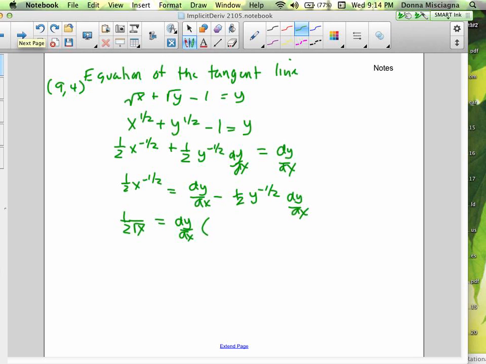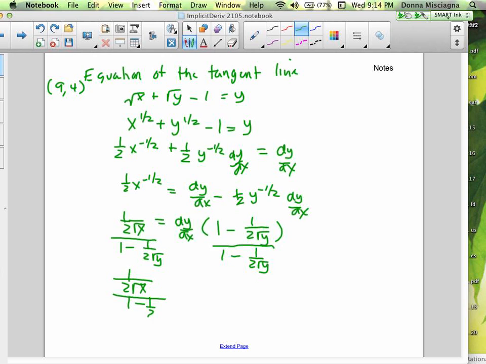So dy dx divided by dy dx is 1, minus, and this is going to be 1 over 2 square roots of y. So we're going to divide both sides of our equation. You can see we're going to have a complex fraction again, but you saw it was no big deal. So we'll divide both sides by 1 minus 1 over 2 square roots of y, and then we'll just simplify it. So we have 1 over 2 square roots of x over 1 minus 1 over 2 square roots of